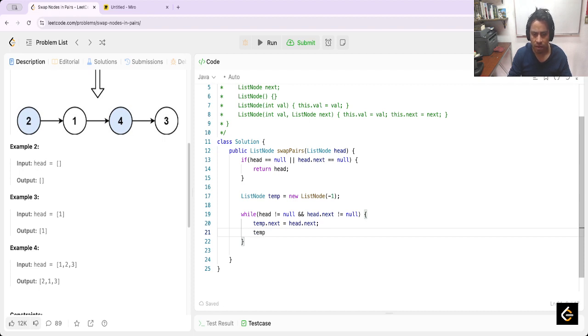Then dot next is equal to head. It is equal to head dot next dot next. And here